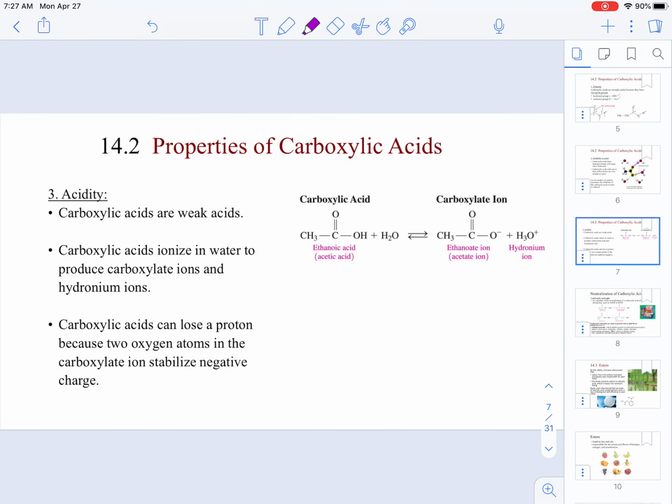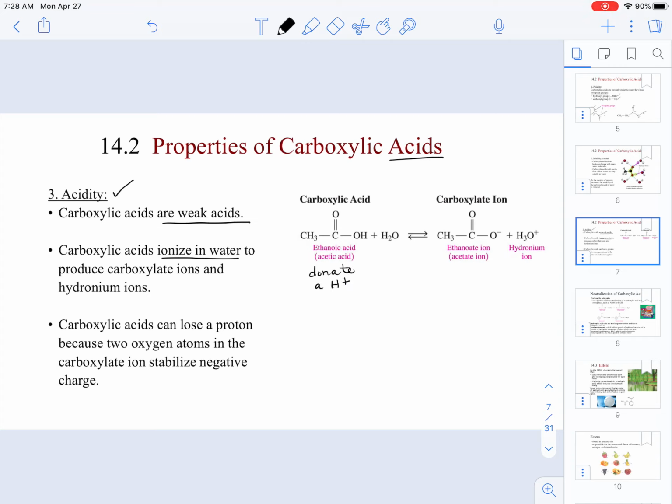Understand that because they are called carboxylic acids, then it makes sense that they have acidity. But note that carboxylic acids are not strong acids. They are weak acids. So what happens in carboxylic acids is that if you place them in water, they are going to ionize. And what this means is that putting a carboxylic acid in water is going to make that carboxylic acid donate